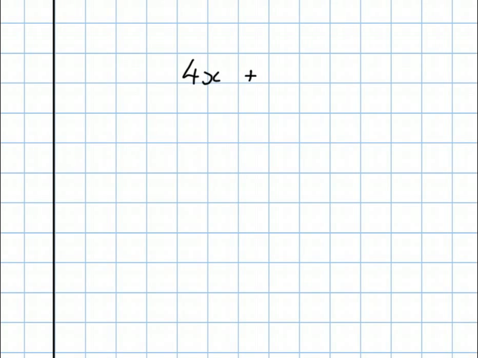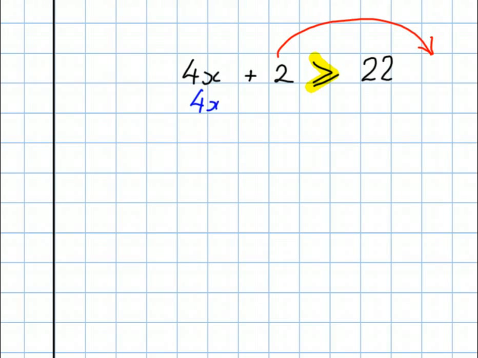4x plus 2, that symbol there. Right, how do we pronounce that symbol? Well, our open mouth of the crocodile is pointing towards 4x plus 2, so that's the greater part. So 4x plus 2 greater than, there's another little line, or equal to 22. Let's go through this, move the number, so we get 4x greater than or equal to 22, take away 2, 4x greater than or equal to 20, it's 22, take away 2,